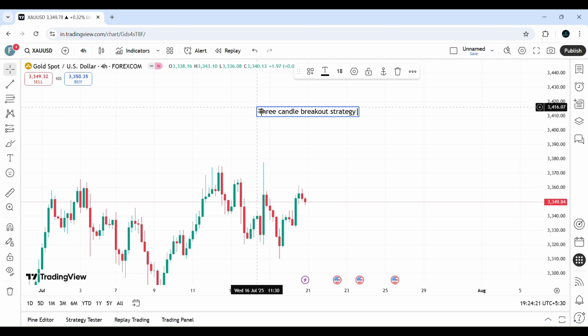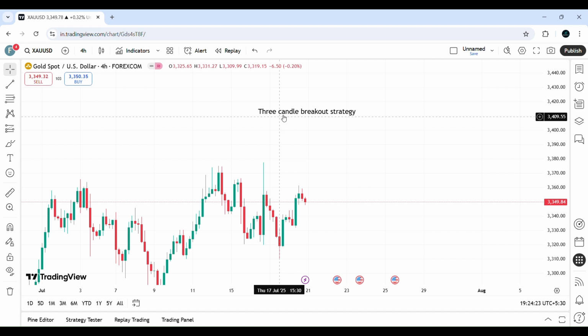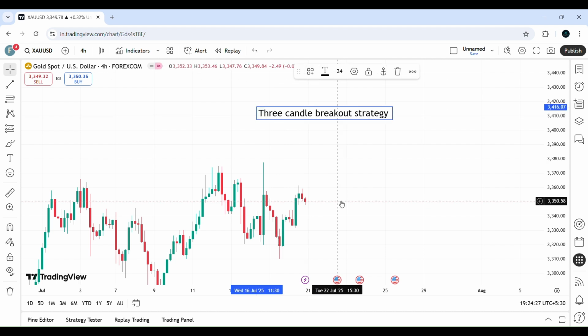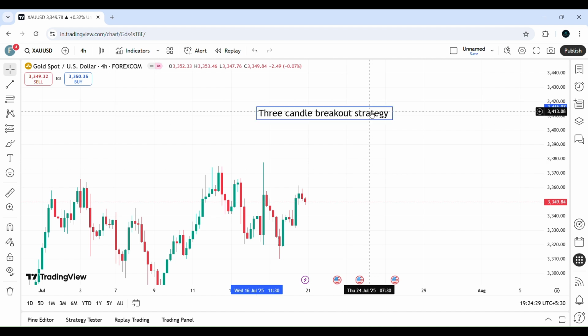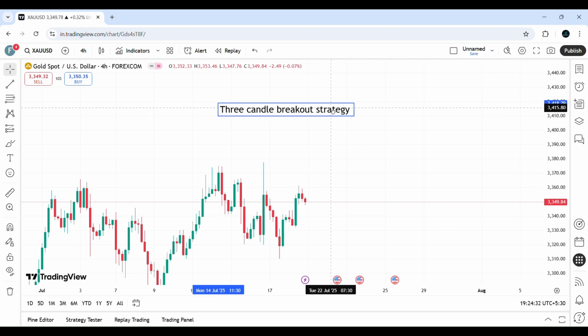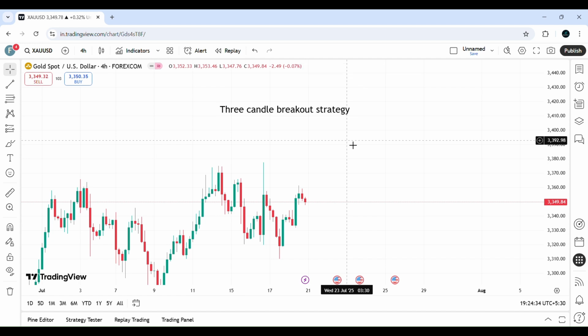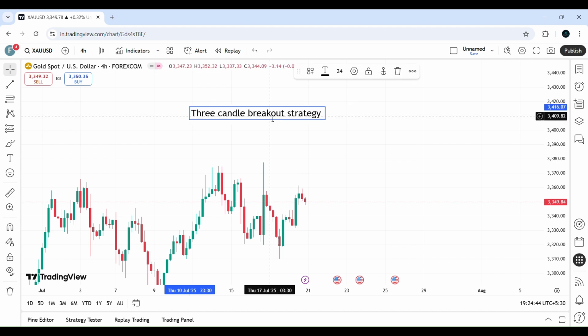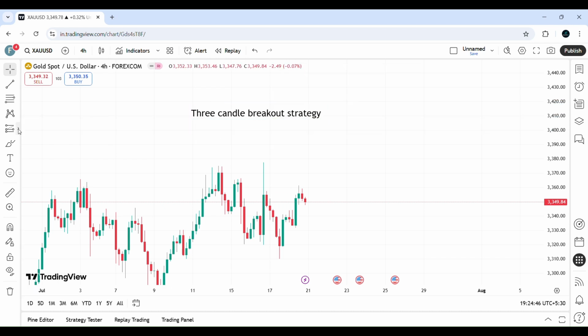This is a very simple strategy that even beginners can do. Like absolute beginners, people who don't even know how to trade can trade using this strategy. Like I said, it's not any ICT, SMC, any bullshit. It's just as the name suggests, it's called a three candle breakout strategy. So what it basically means is,